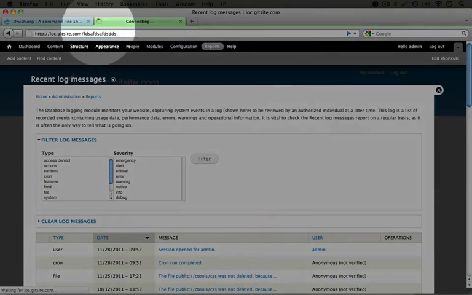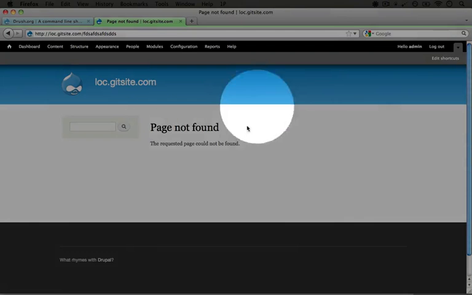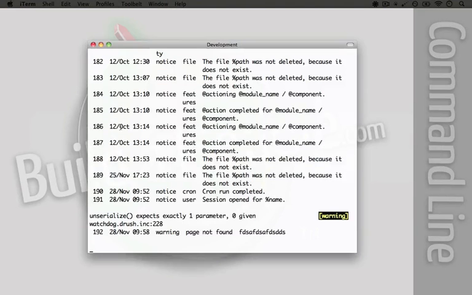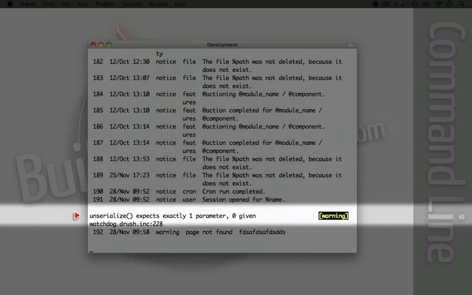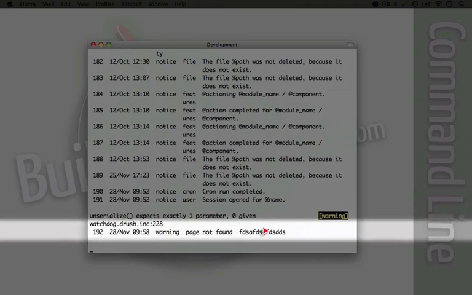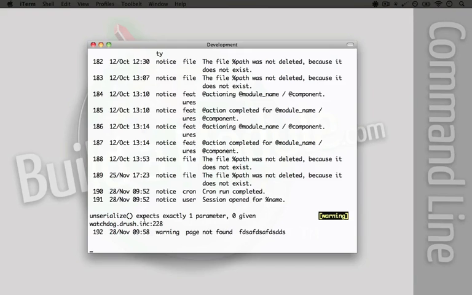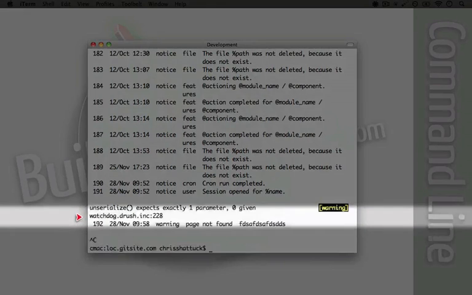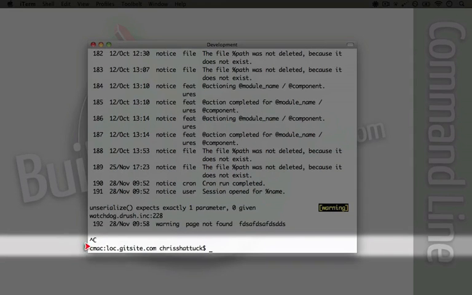I'm going to enter some gobbledygook. So we see a page not found error here, which would trigger a log message. And if we go back to the command line, we'll see that we have warning page not found, and then it shows us the path. If we want to exit out of this, we can use Control-C, which will stop a process on the command line and allow us to go back to the prompt.